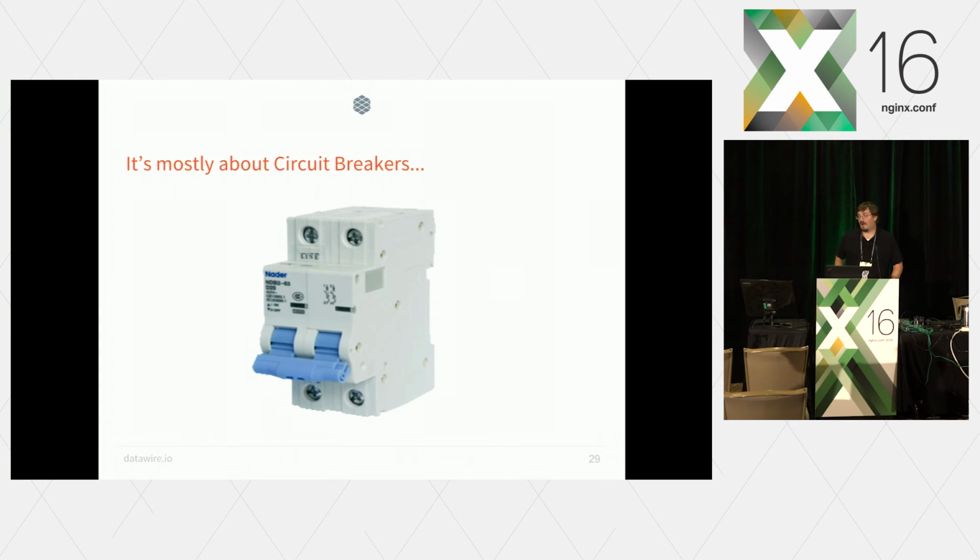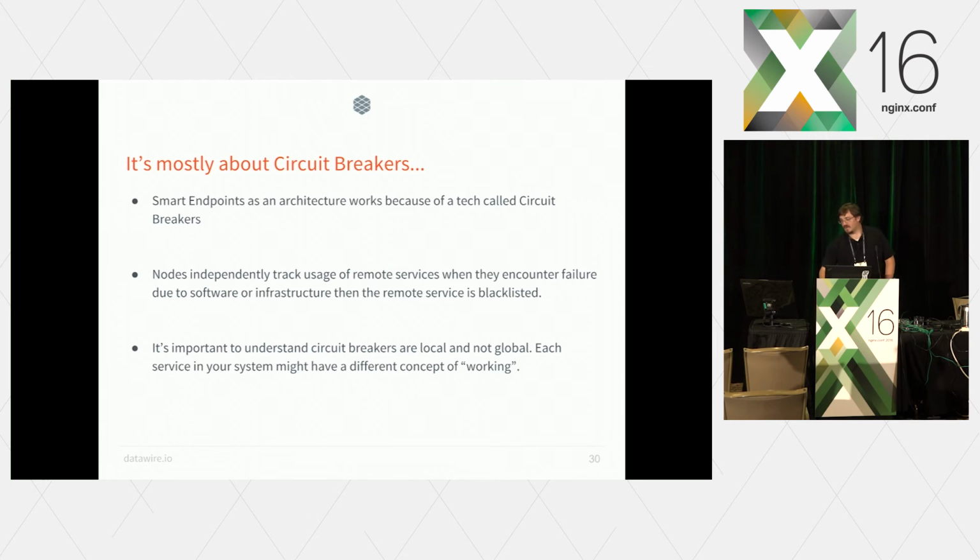So what is actually powering this technology? It's something that we're all pretty familiar with, and it's really pretty old. It's a circuit breaker, just moved from the physical world into the digital world. Basically, this entire thing works on the idea of circuit breakers. Nodes independently track their usage of these remote services, and when they encounter failure due to software or infrastructure, then the remote service is basically blacklisted. And it can be blacklisted